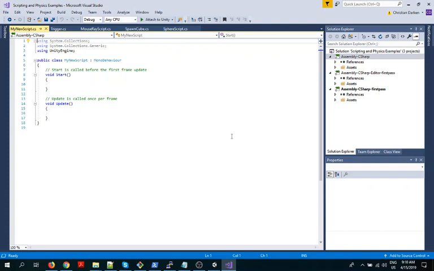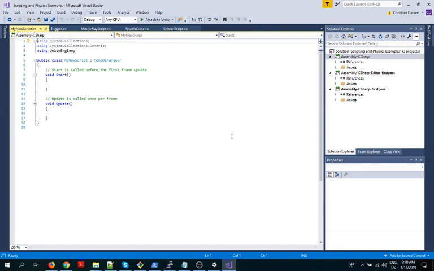Start is a thing that typically happens one time when a level is loaded or when a theme is initiated. Again, I don't know that you've created anything with more than one scene yet, but probably by the end of the course you will be creating things with multiple scenes. So in that case, if this code exists in both scenes, that start function will get called however many times you do a load scene. Okay, but for us right now, we just do one at a time.